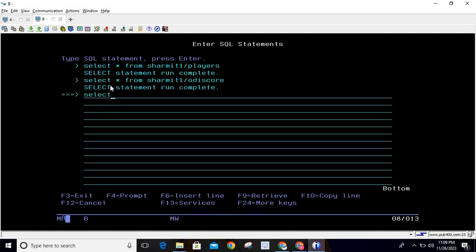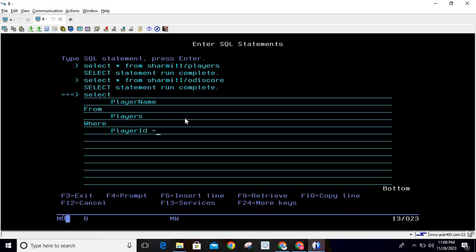Here I will write select, because we are going to select some records. Then you can select all the columns which you want to show. I will write player name here, because this is the only column which I want from this table. Now, from where are we fetching it? We are fetching it from the players table, so I will write players. After that, we have to specify the where condition, because we are going to filter the data, right? And filtering is processed only with the help of the where clause. Now I will write where player ID is